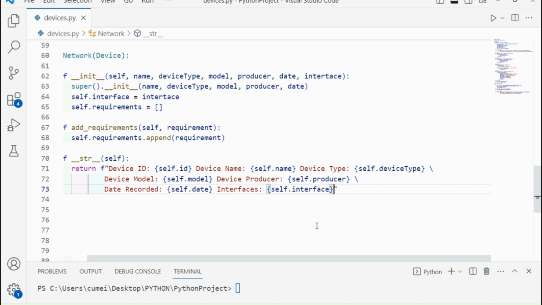So we have that, and then we add our requirements now. I didn't mean to add this. So what we do now is let's say requirements. Let me just copy this in order to save time. But I'm going to change this. Let's say requirements, and then